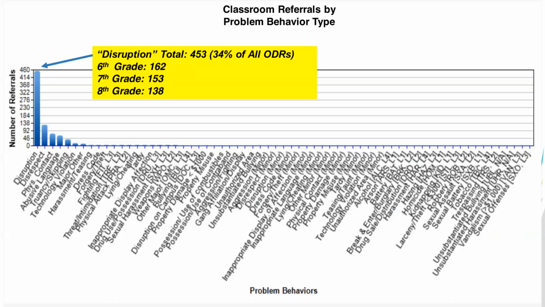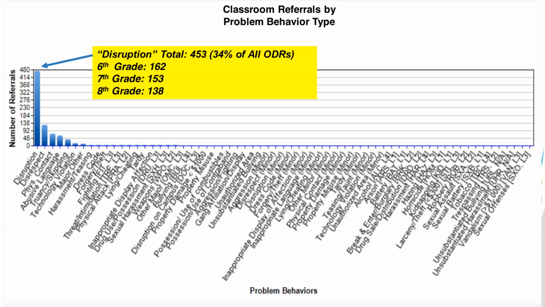And when we do think about classrooms specifically, understand though that if we target classroom as a location, we're targeting all referrals in the classroom location. So that could be for a lot of different types of behaviors. So one of the things you can do with our RTIB database is you can actually cross-reference these types of sources. So we can look at classroom referrals by specific problem behavior type.